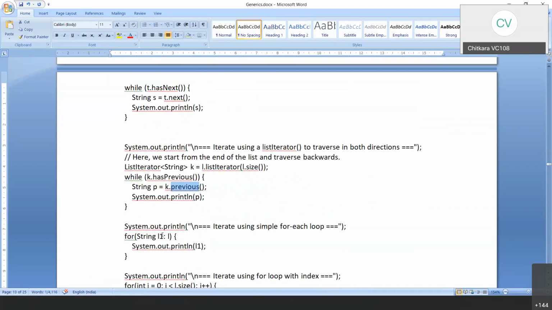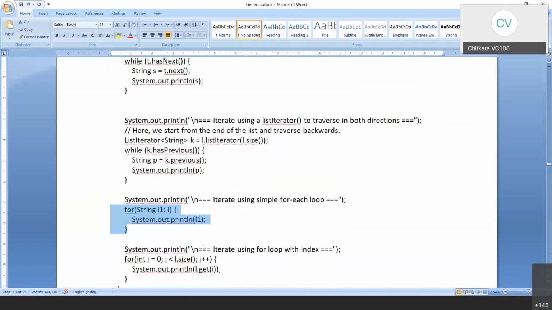This is the classical for-each loop in which we display the contents of this particular list called L. If you want to use an index, then we have to use a get function, and get will take the value i. But normally, who will go through the size and then display the contents? A much better method will be this.